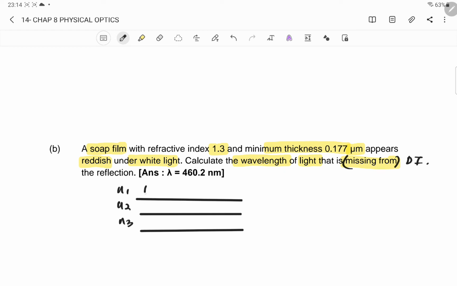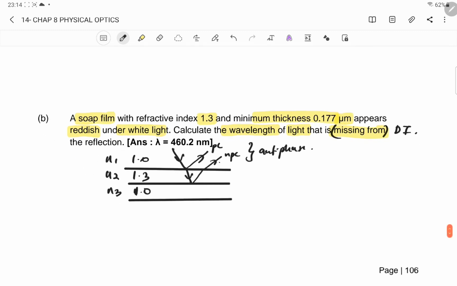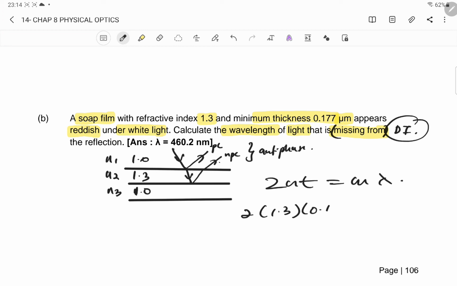N2, N3 1.3, 1.1. Okay, so okay. Less dense to denser, phase change. Denser to less dense, phase change. So ini adalah anti-phase. Okay, so untuk anti-phase kita tahu destructive interference 2nt equal to m lambda. n is 1.3, t is 0.177 times 10 power of negative 6, m is 1, lambda. So lambda equal to